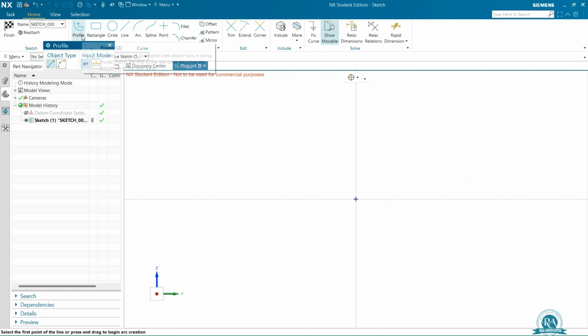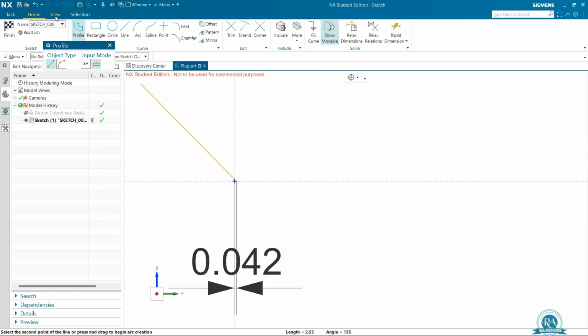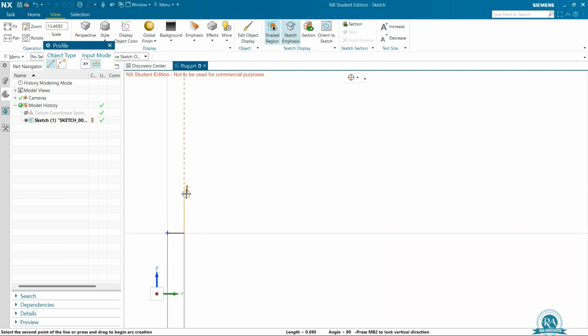Select the profile tool, draw a horizontal line, 0.042 inches, angle 0 degree. Decrease the dimension text height, enter the length